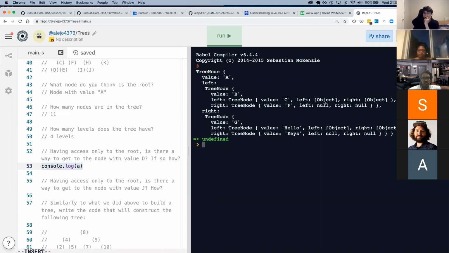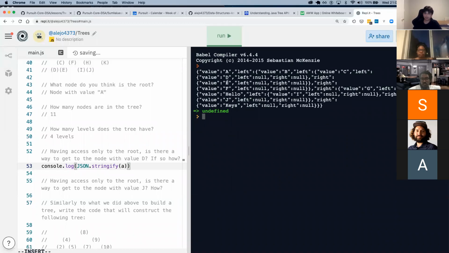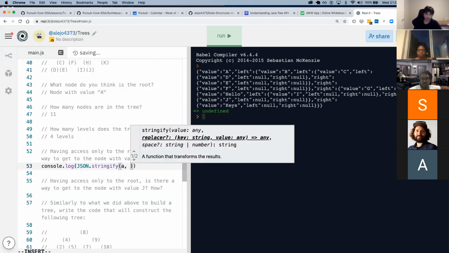I don't really know, but I know that console log has, I think, a depth of 5, hard coded or something. I don't remember if you can change it. If we wanted to look at it all, what we could do is JSON-stringify. There's a way to do that. Okay, perfect. But JSON-stringify also gives up at some point, I think. Oh, and it doesn't give you the type. It doesn't give me the type because this is specializing.